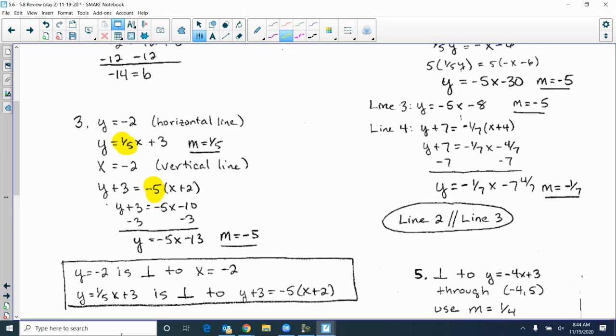y = -2 is perpendicular to x = -2. 1/5 x plus 3 is perpendicular to... Yes. y plus 3, -5. That's surprising. All right. There's number 5